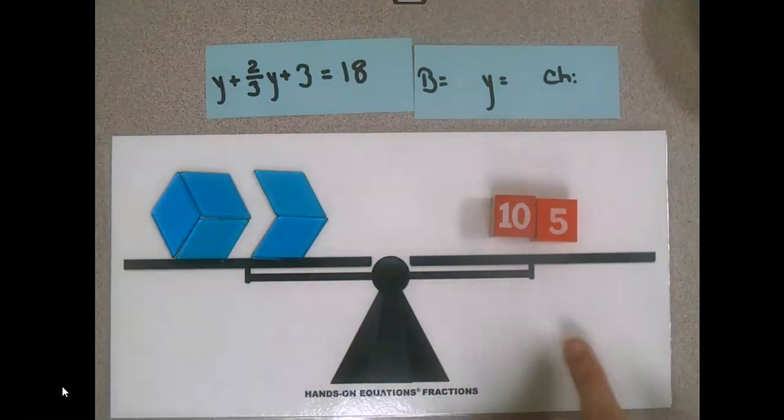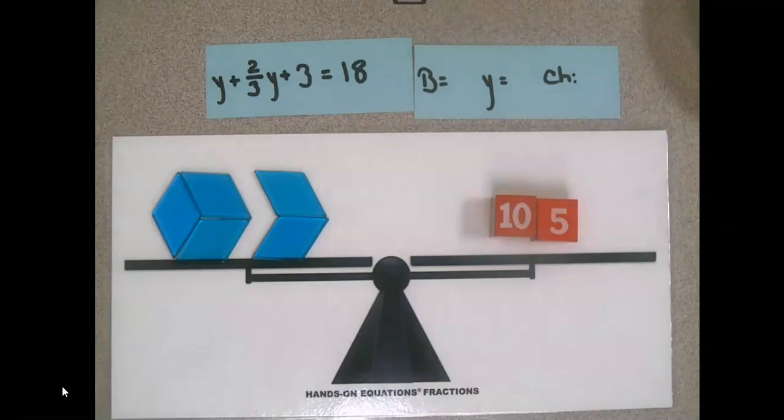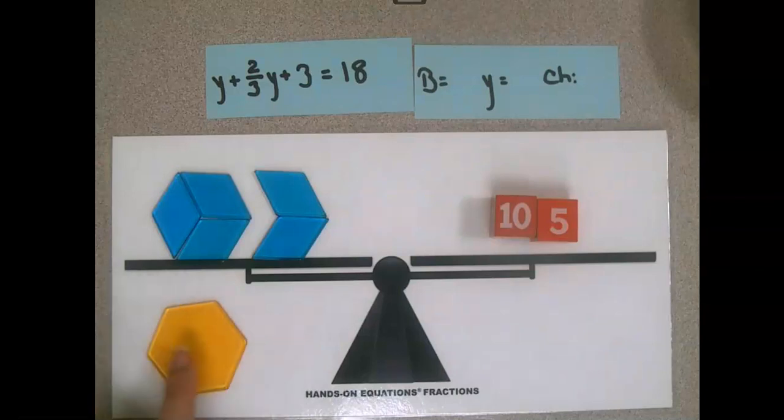So if 5 blocks are equal to 15, each of these is worth 3. If each of our blue blocks are worth 3, then our yellow block is worth 9 because it is represented by 3 of our blue blocks. So we have that blue is 3 and yellow is 9, and now we will go back to our original